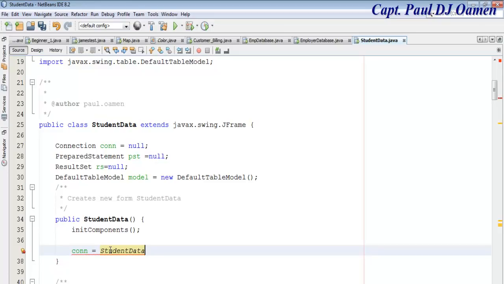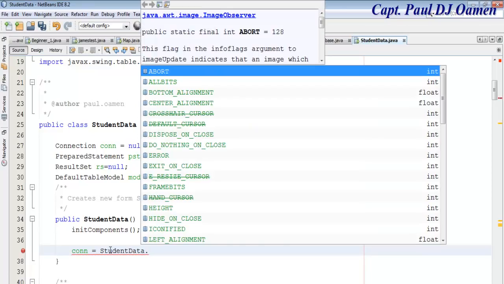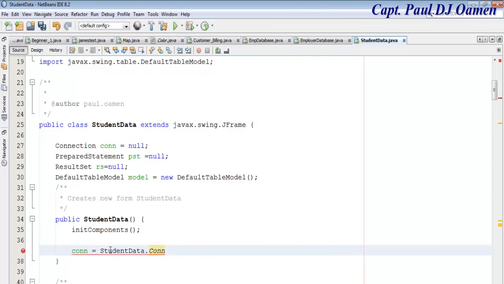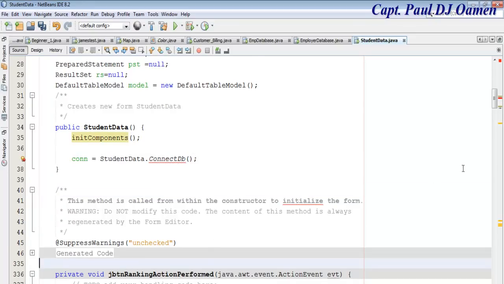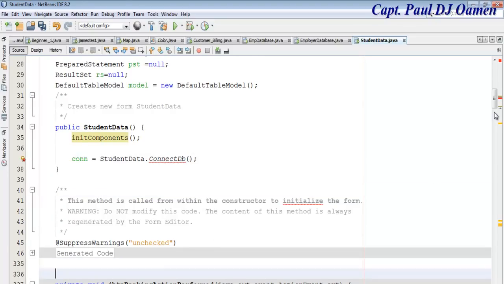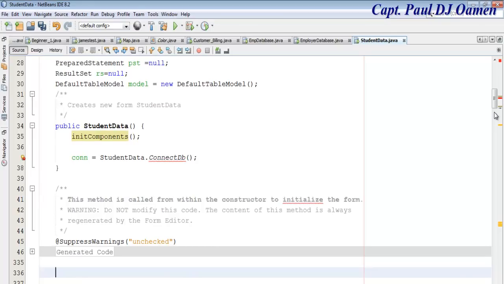Okay, student database. Let's just say dot connectDB. The connectDB itself is going to be a public procedure that I have to take care of, so there will be an error for now. I'm going to write my public procedure in there. So that's going to be public, I'm going to call it static, public static